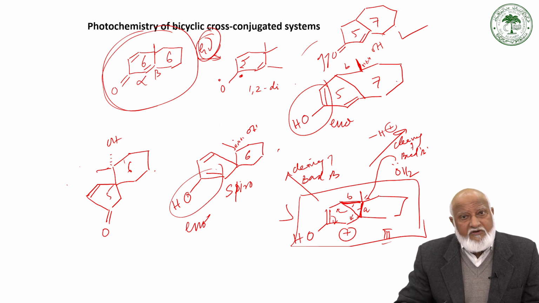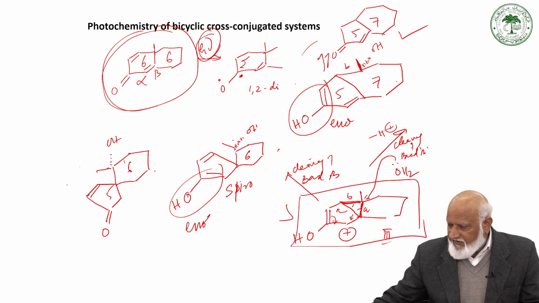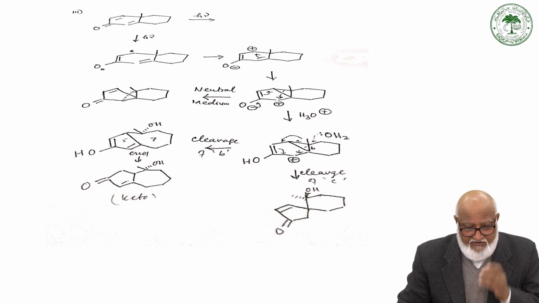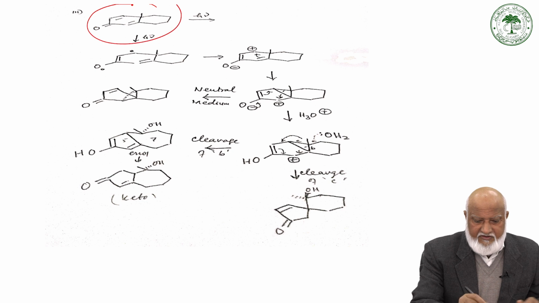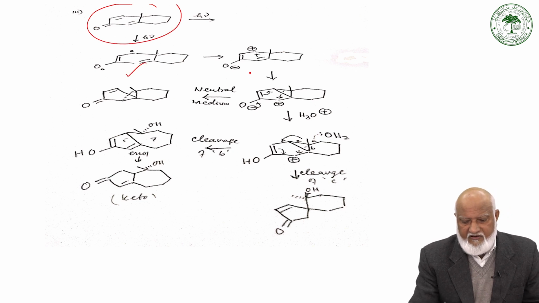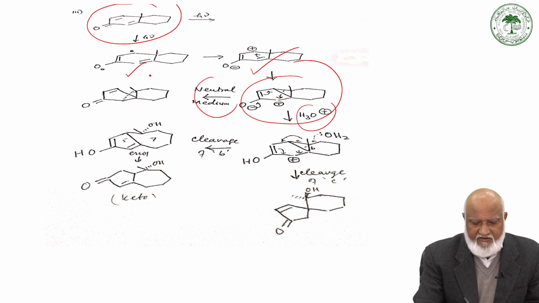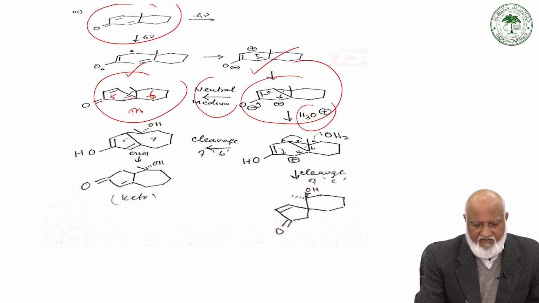One product, under neutral medium, when it is perfectly dry, inert condition, gives a product like this, which we have already seen. So this is the whole scheme that we have just discussed. This is the starting material, the 1,4 diradical, a dipolar species, and then a transformation to a 3-membered ring to give this intermediate under neutral medium, a tricyclic system, 6, 6, 5 and 3 tricyclic,